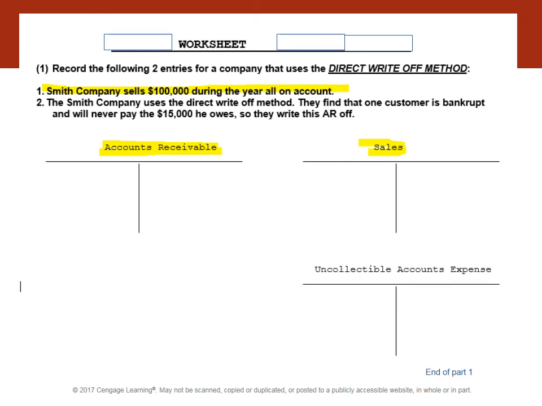And the answer is, if you want to pause before I tell you the answer. Okay, the answer is that you debit accounts receivable as an asset for $100,000 on the left-hand side of the T, and you credit sales or revenue on the right-hand side